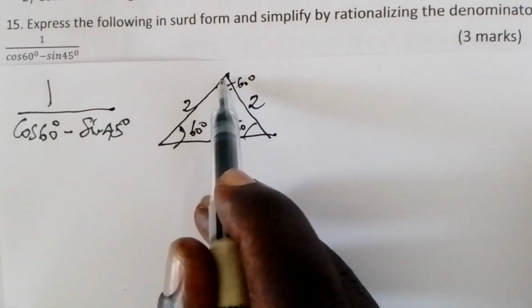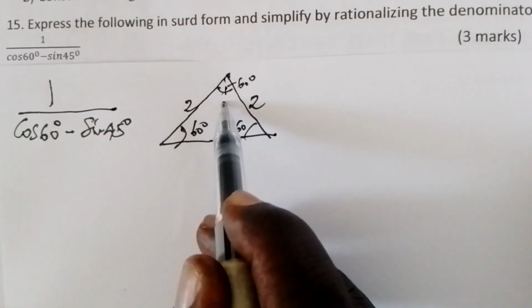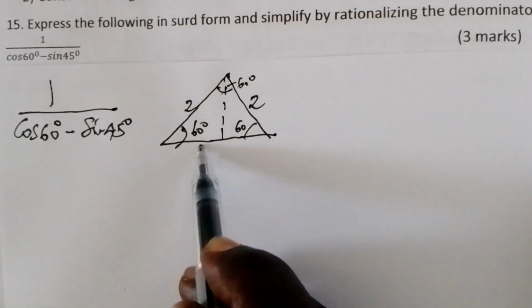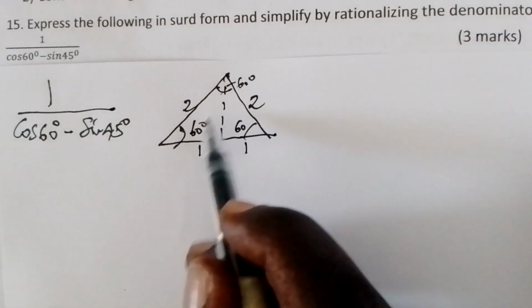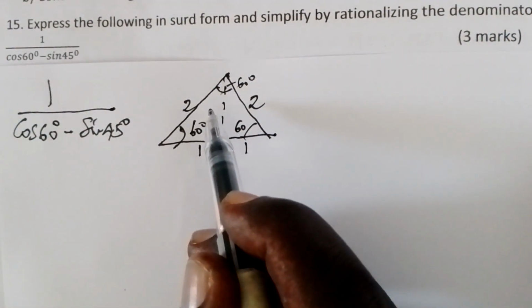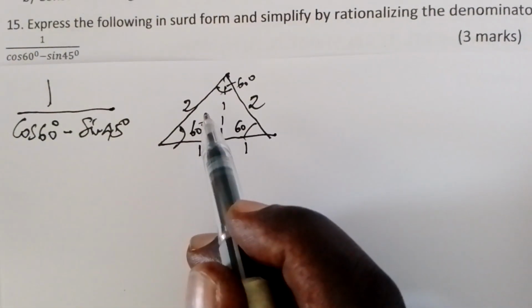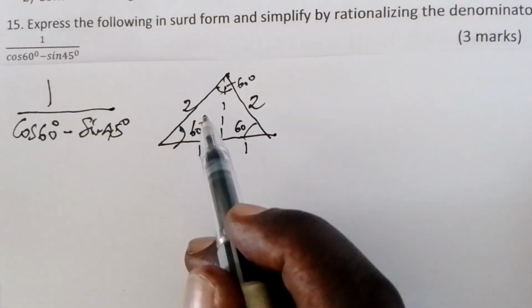So if we drop a perpendicular from the apex, this will be 1 unit, 1 unit. So using Pythagoras theorem, the height of this triangle will be given by